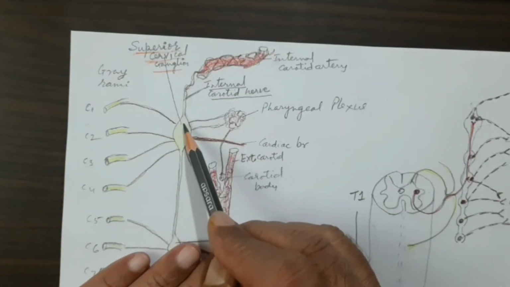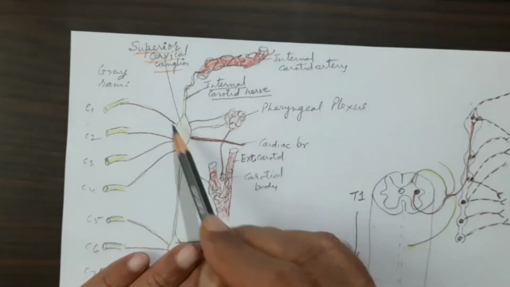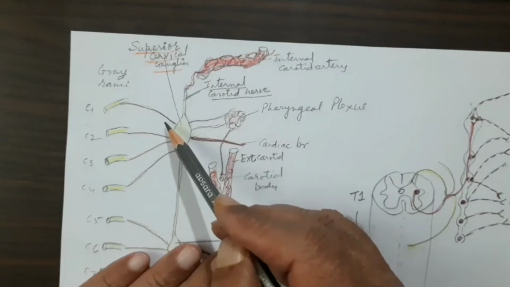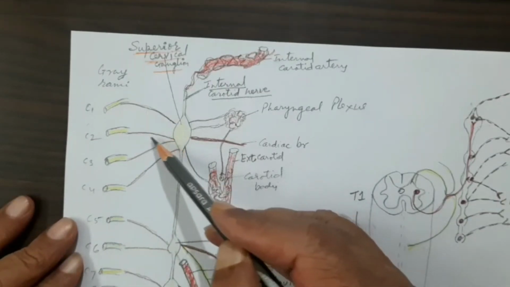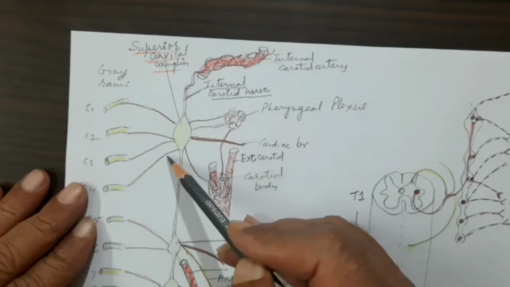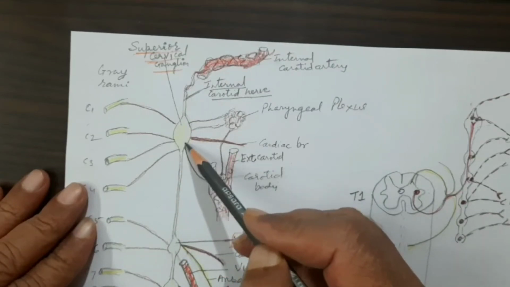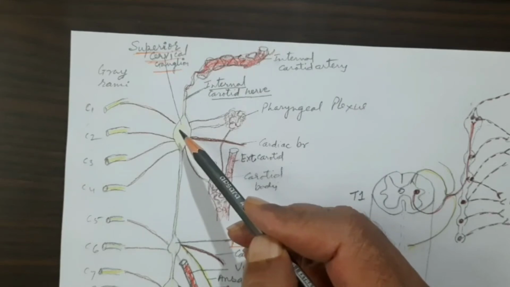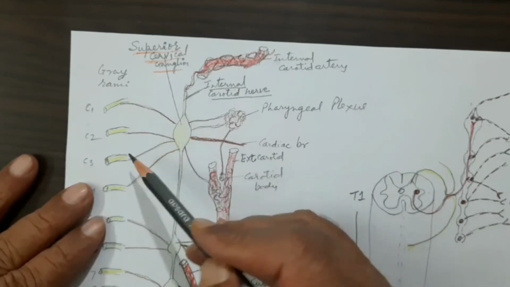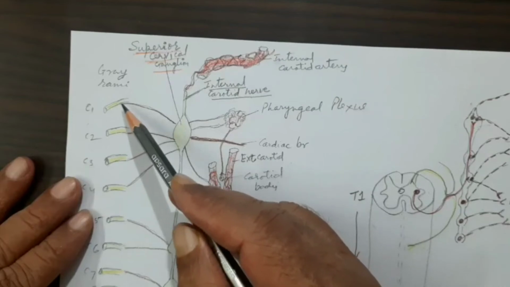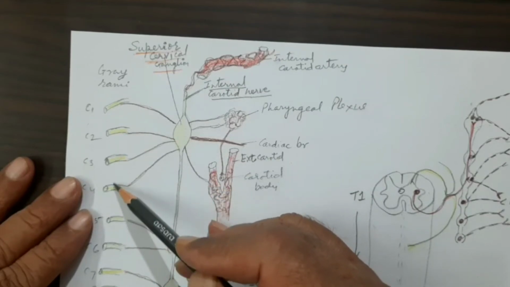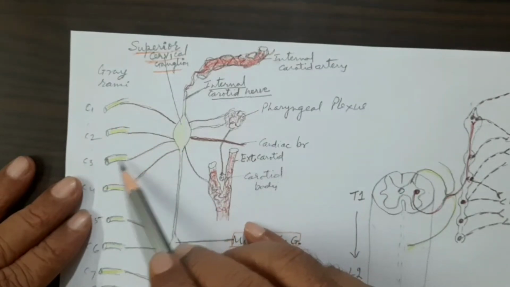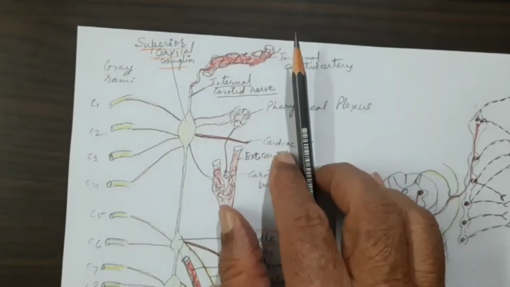Now after relaying, the fibers which arise from this ganglion are the postganglionic fibers, gray rami. So these are the gray rami communicantes or postganglionic fibers which have taken origin from the neurons located in the superior cervical ganglion, postganglionic neurons. And they will send through their axons the branches to the ventral rami of the spinal nerve. So they will go along with the ventral rami of the spinal nerve.